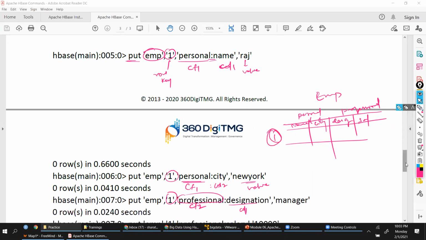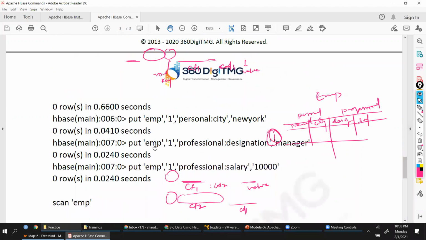You can assign the data as you wish. For example, I can put name as 1, this as 2, this as 3, this as 4, or any row key. That means here I'll have name.